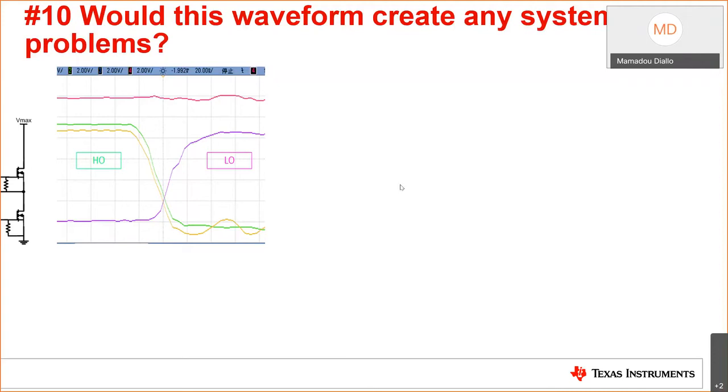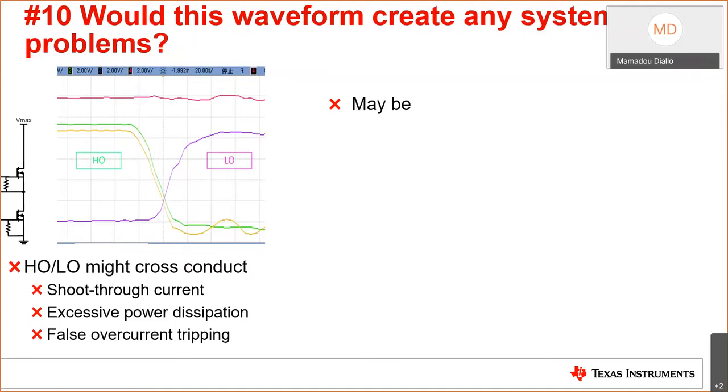Yes. So in this case, both C and D are good options because shoot through is occurring when both HO and LO are overlapping, and this is a case where that could be an issue, essentially shorting these two transistors and damaging the FET as well as the driver IC. So this is critical to watch out for, and you will essentially cause excessive power dissipation across the bridge and damage those two FETs and the driver. You will also have false current tripping.